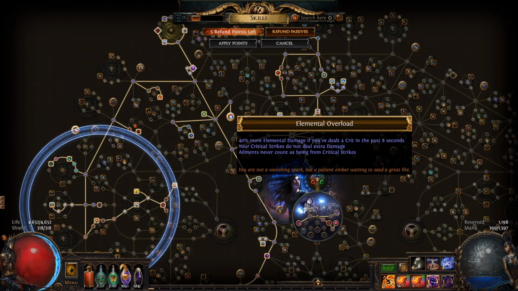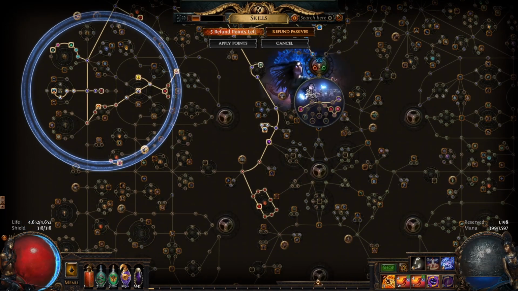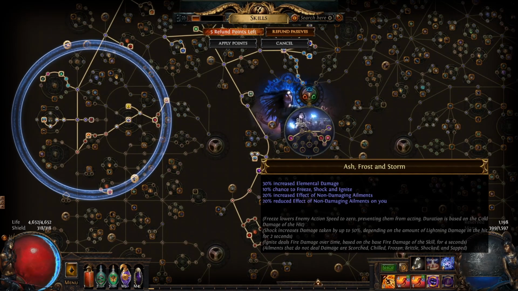But we're hitting so frequently, you need to invest not at all in crit chance to have pretty much 100% uptime on Elemental Overload. It's just going to happen. Coming down here, we grab the Scion Life Wheel because life is great, but this Ash, Frost, and Storm cluster that we can pick up along the way does have 10% chance to ignite, which is great for the build